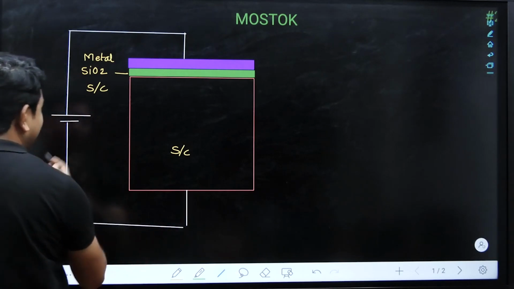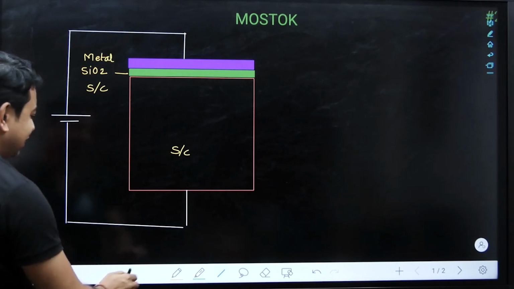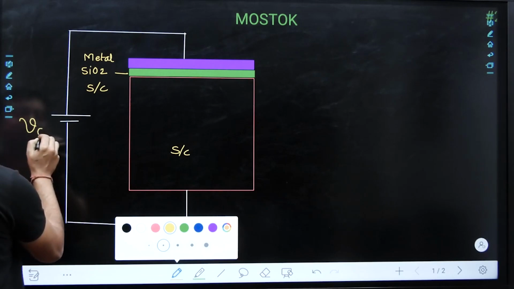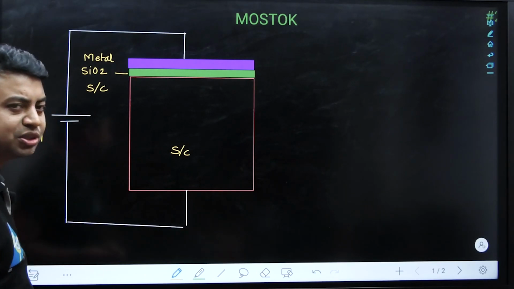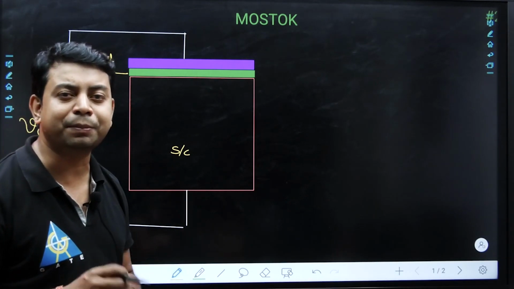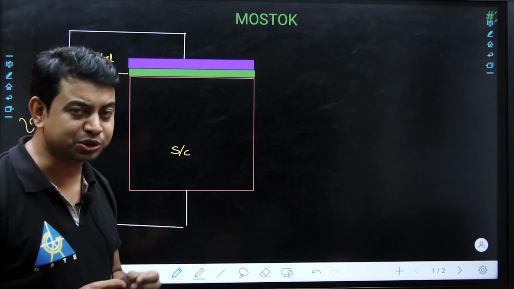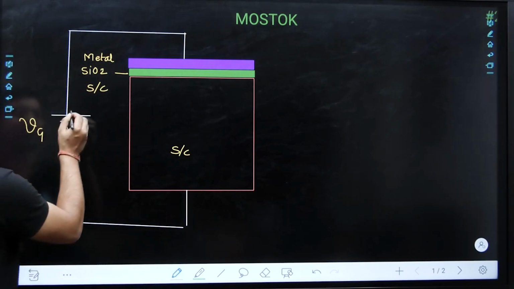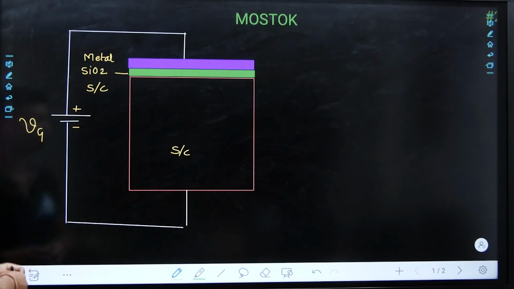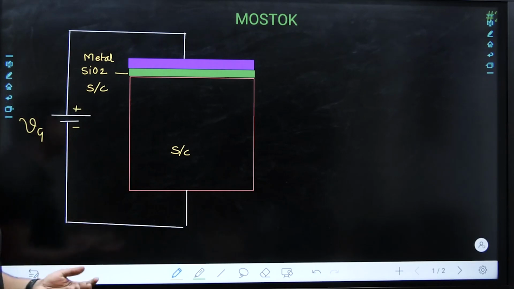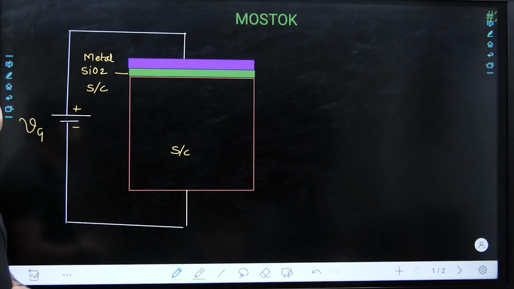We can apply positive or negative voltage, anything here, but I will tell you why we are connecting only positive voltage, because of the result that we want from this particular metal oxide semiconductor. What result do we want? We want it to behave as a dependent current source, and the current source must depend upon the voltage. So for that I have applied a positive voltage. I will give you the complete analysis. Don't worry right now about the reason to apply a positive voltage. First we are going to see the response of the positive voltage, and later we are going to analyze why we are applying it.